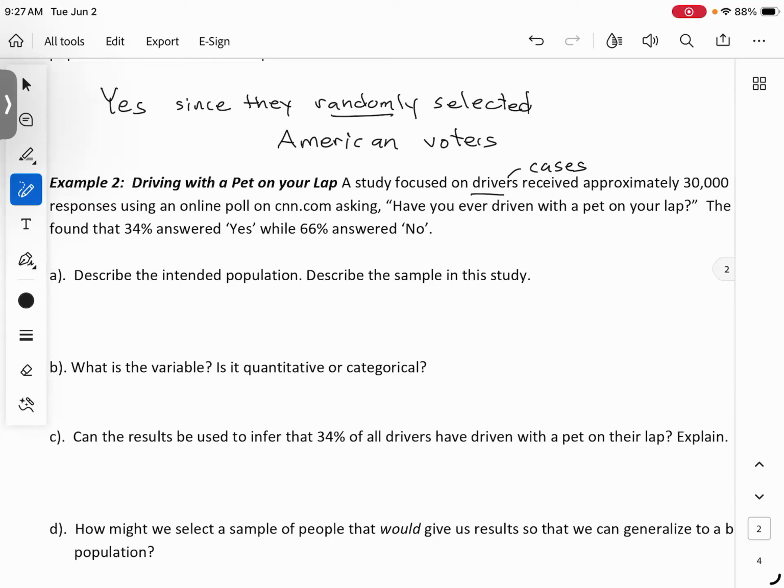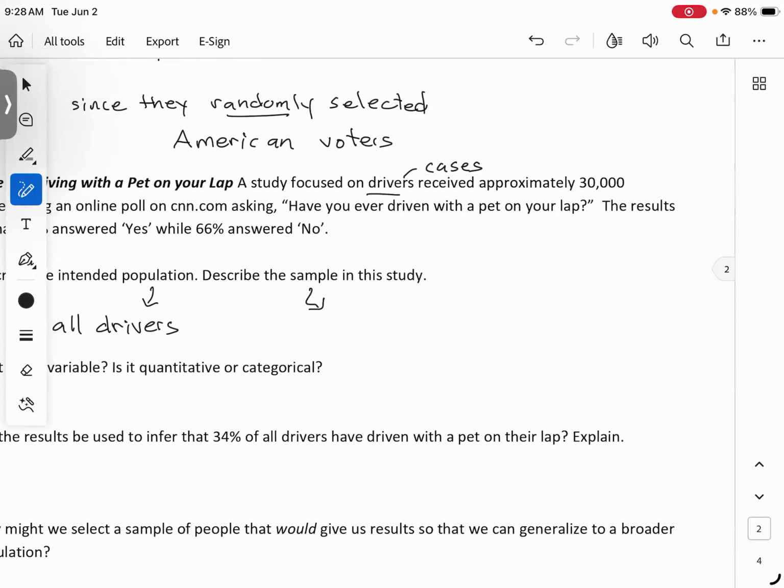And they were able to get 30,000 responses using an online poll. Have you ever driven with a pet on your lap? And again, the answers are either going to be yes or no. So in this one, again, just kind of a repeat, the population would be all the drivers, and then the sample would be just the smaller portion of those, which would be the